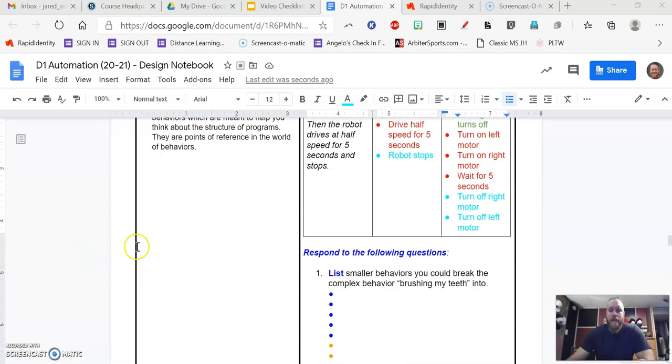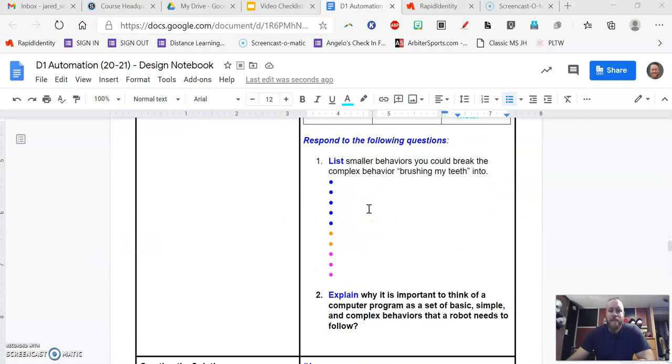Now that you have those, your homework is just to answer these 2 questions. Number 1, take the complex behavior of brushing your teeth and break it down into smaller behaviors. Number 2, explain why it's important to think of computer programs as a set of basic, simple, complex